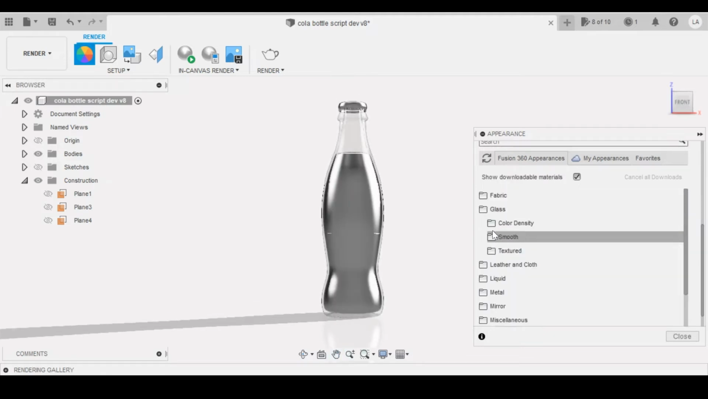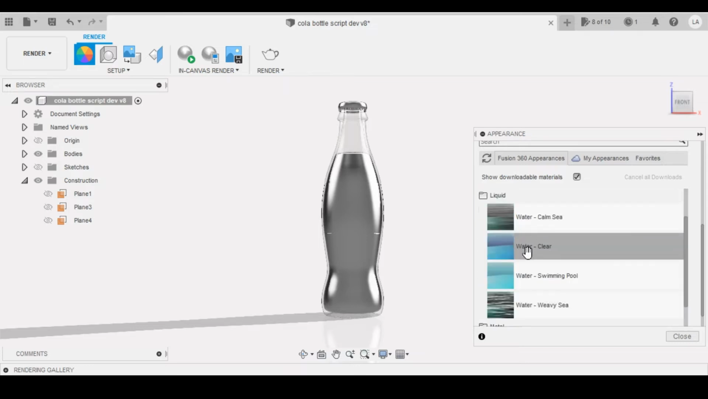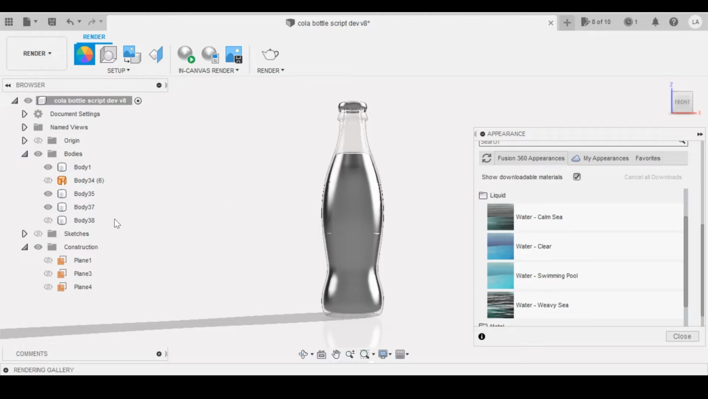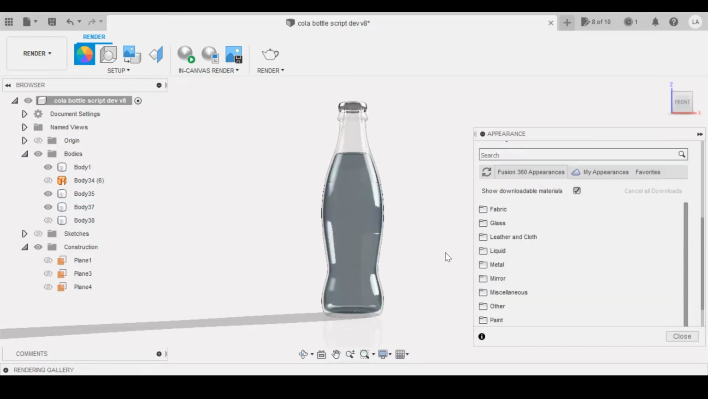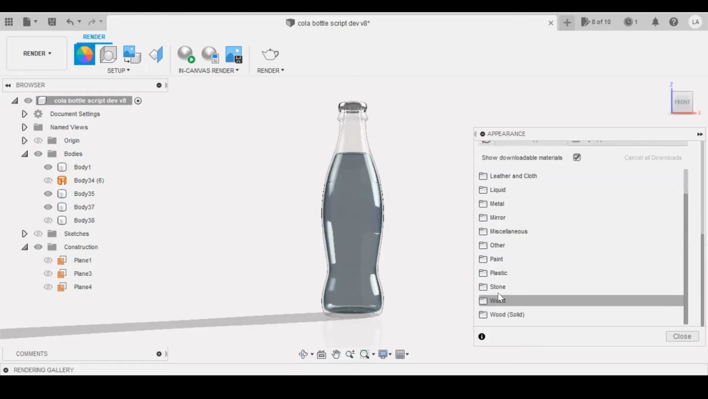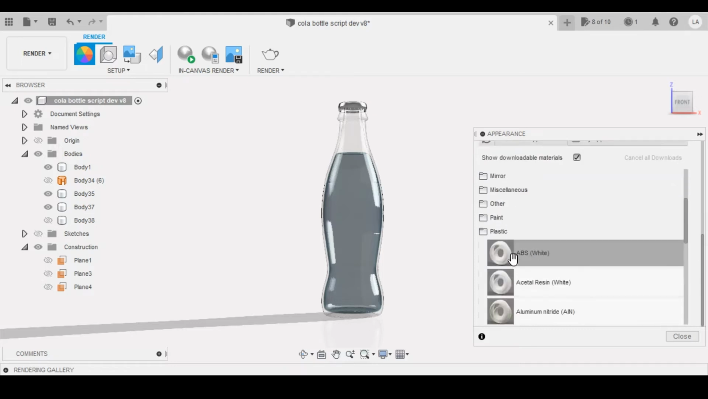Next, if we go down to liquid, click on water clear, and if we just drag that onto the liquid body on the inside of the model, which is that one there. And next we need to add a material to the cap, so if you just go down to plastic, we'll just put an ABS material on there,